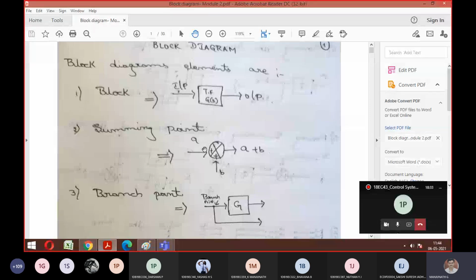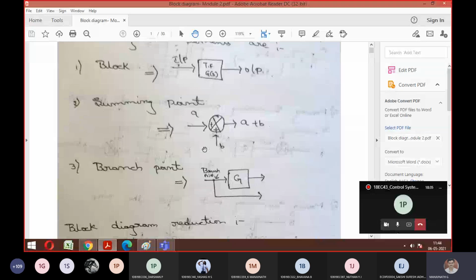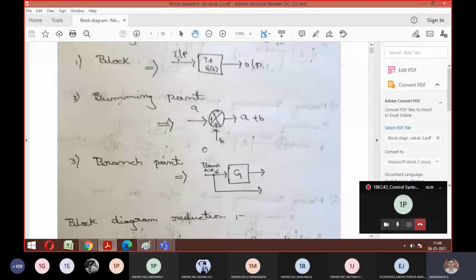So after this major topic, the three elements, comes our reduction technique. Block diagram reduction technique means a set of rules or steps we are supposed to follow whenever we want to reduce any block diagram. There are nearly 10 rules. We will keep the 10th and 11th for the end because they are critical rules. Before that, we'll analyze the simple reduction techniques, then go ahead with the remaining part. Look at the rules to be followed now.